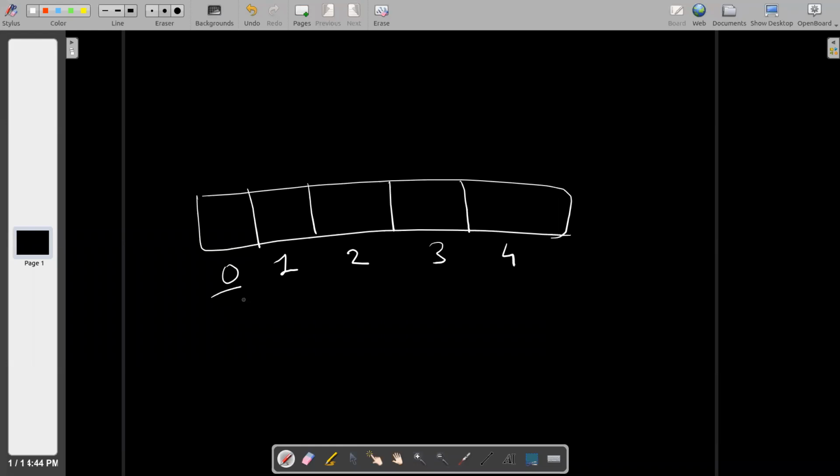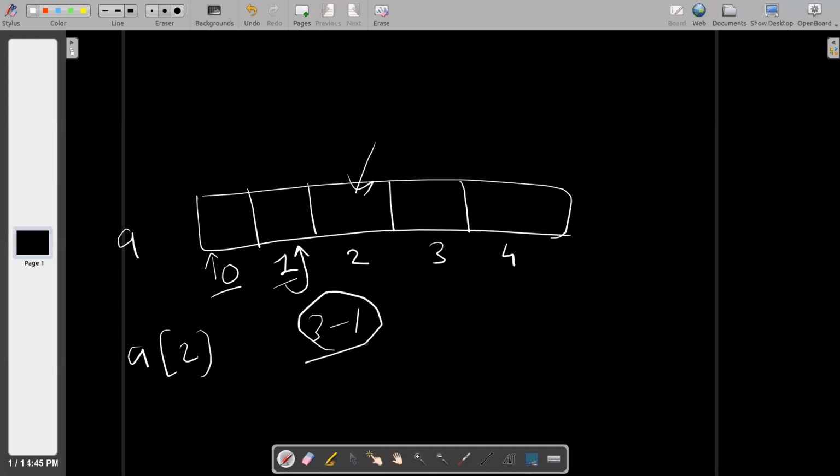The first item is at position 0, and the second item is at position 1. Let us say my list name is A. If I want to access the third item, I will write A[2], because the first index starts with 0, so 3 minus 1 is the index for that item. So the third item is basically A[2]. That's how Python indexes these items.